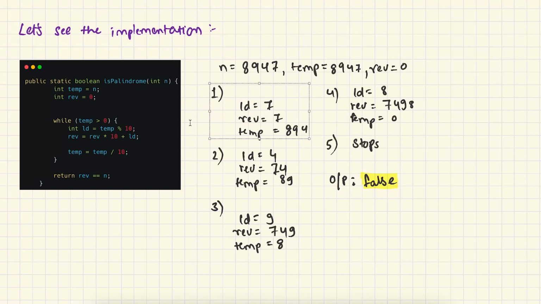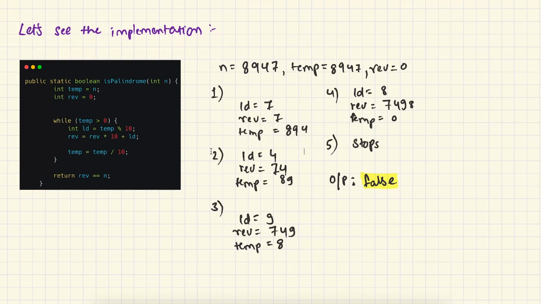greater than 0. Yes, it is, because 8947 is greater than 0. So when this condition becomes true, we get into the loop, and what we are doing is simply getting the last digit from the temporary variable by doing modulus with 10. So we get the last digit as 7, and then we calculate our reverse number by doing reverse into 10 plus LD. By doing this, we get our reverse as 7, and we simply remove the last digit, and we get temp